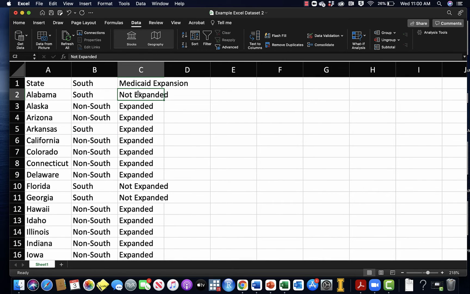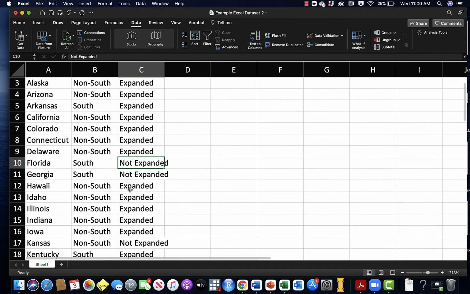Medicaid expansion is coded as not expanded, which I think is pretty intuitive, right? This state has not expanded Medicaid, and then this state has expanded Medicaid. So Alaska has expanded, Arizona hasn't. Arkansas expanded, but Florida hasn't. Now, what we're going to do